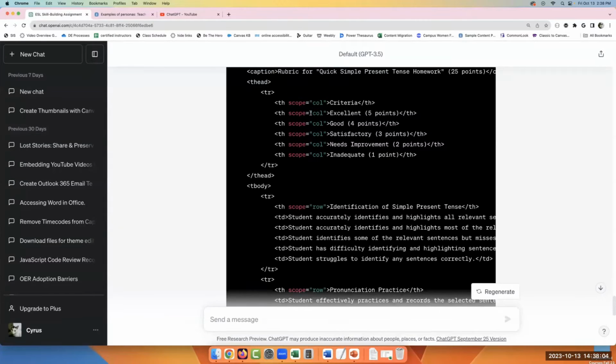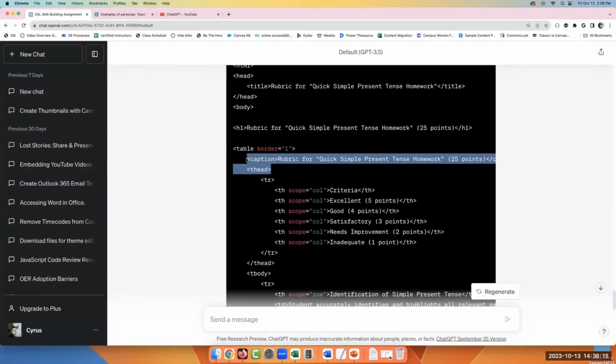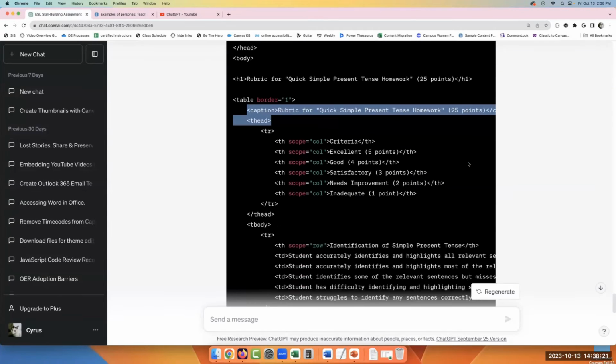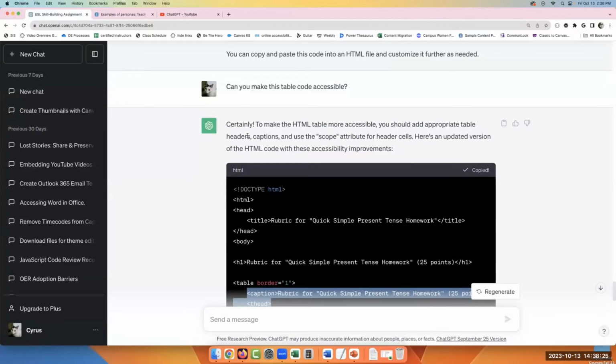So you don't have to be an expert, but just know that each of those table headers are now set as column. The scope is set. It's added a caption. The caption reads, rubric for simple present tense homework, 25 points. It's incredible. This is really incredible when you think about it.